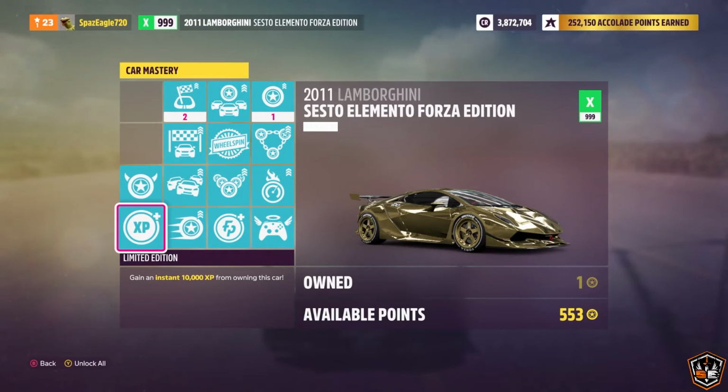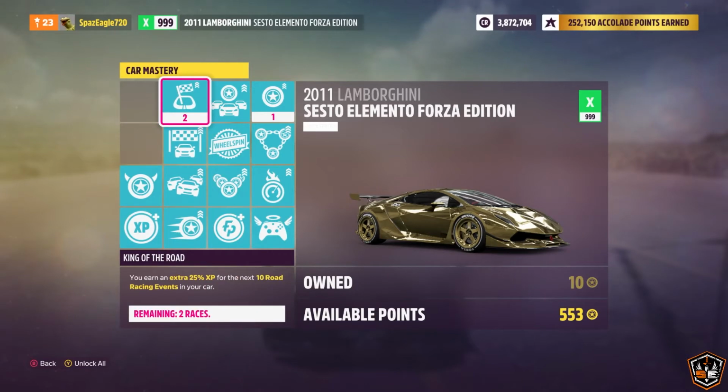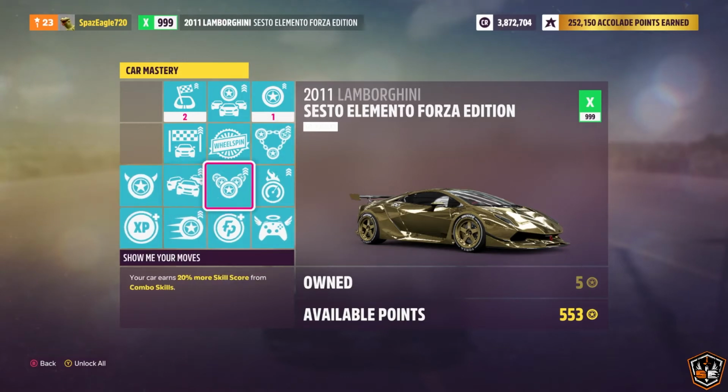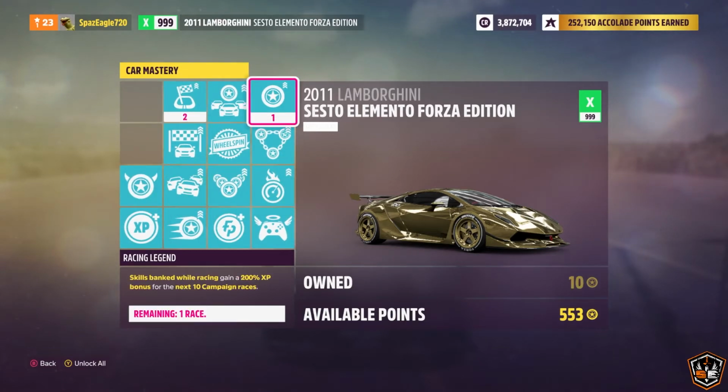You could easily get to the cap of 1,000 in about an hour or so. So it's not a bad position. I also make sure to always be running these for extra XP and gain a 200% boost for your skills. So make sure you're resetting these when you're doing it. But yeah, you'll be able to use the skill points you get here to max out your Sesto if it's not already maxed out. So now we're at 553. Now we'll move on to the